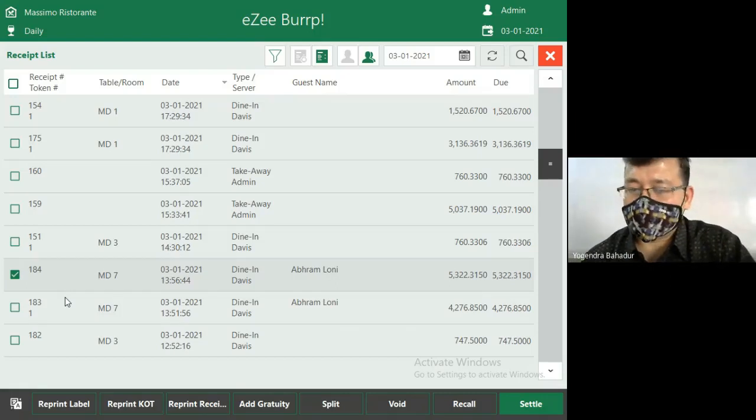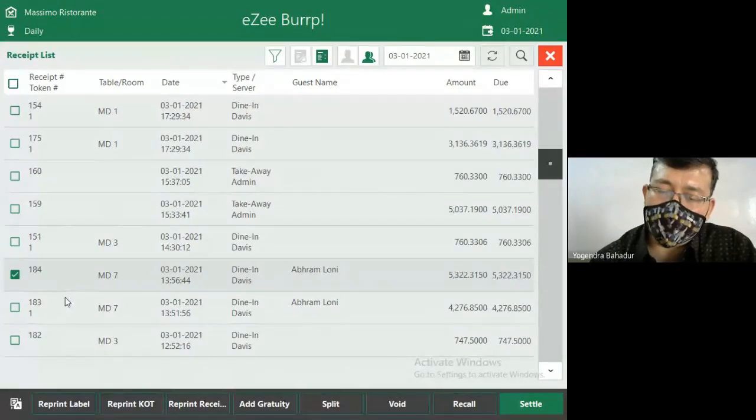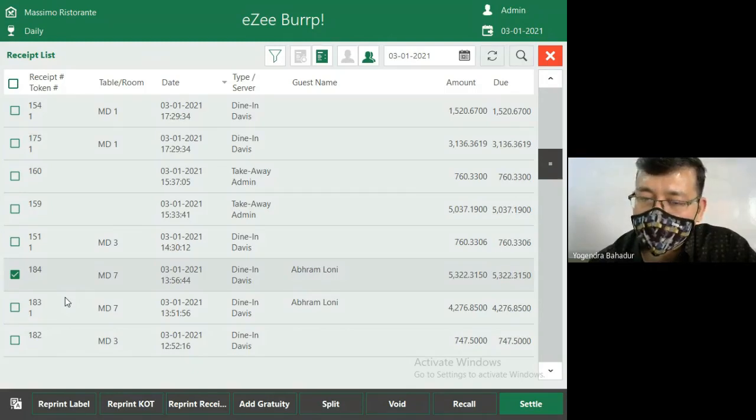The last part is basically related to the settlement part. After showing the receipt or the check to the guest, the guest is going to do the payment. The payment can be done in different formats. The payment can be done by the card also. There we'll have to note down the information which is inscribed on the card. Second, the guest can do the payment by cash also. Third, the guest can do the payment by settling that particular bill into his or her room also.